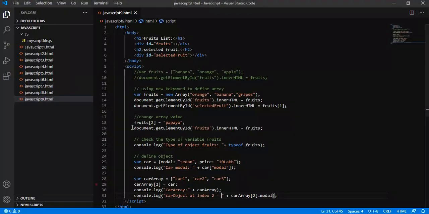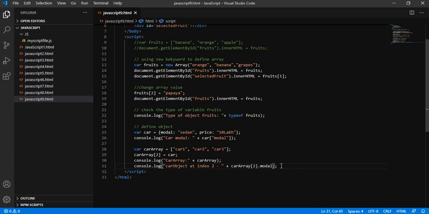Let's see what other things we can do on the array. This is all about the array and how it is different from the object.